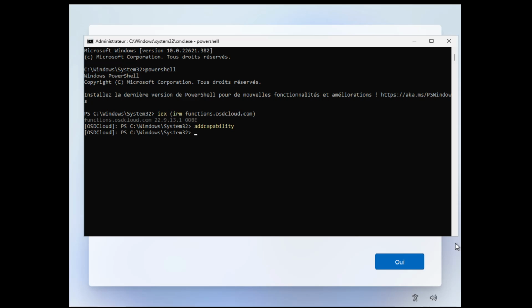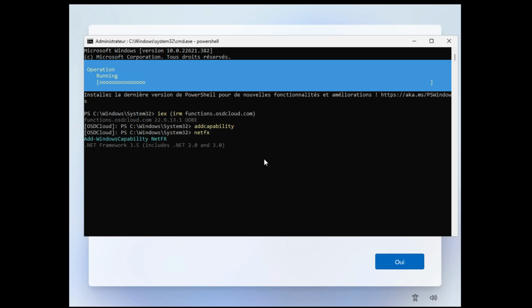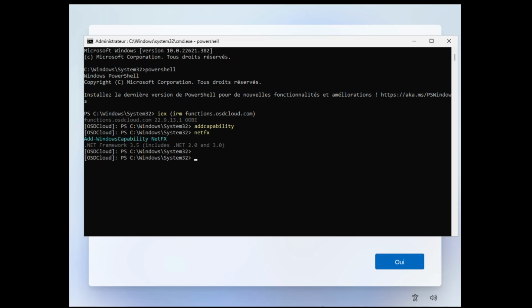Now I want to install framework 3.5 on Windows. For this, we have a function, netfx. We can remove